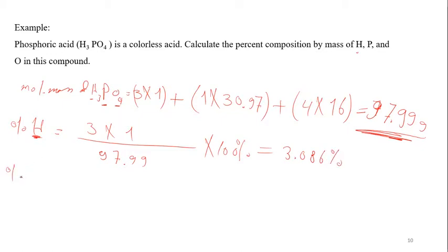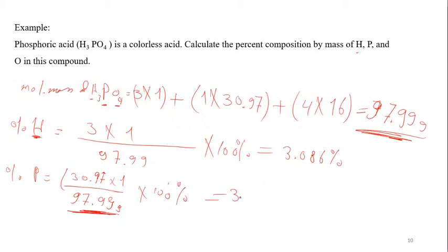Now the percent composition of phosphorus would be equal to 30.97, which is the atomic mass of phosphorus multiplied by only one atom, divided by the 97.99 grams of the phosphoric acid, multiplied by 100 to convert it into percentage, which is equal to